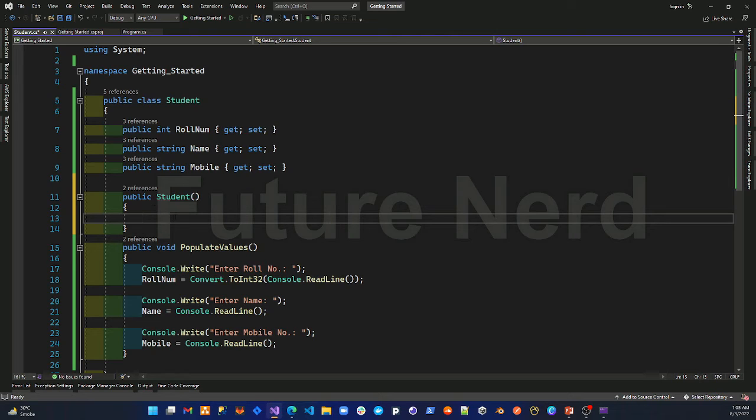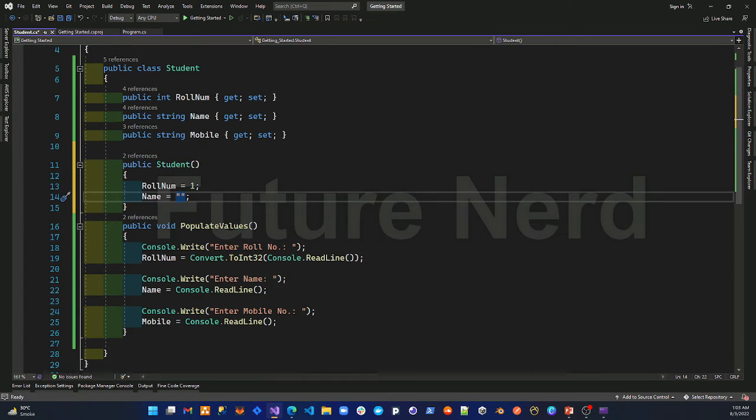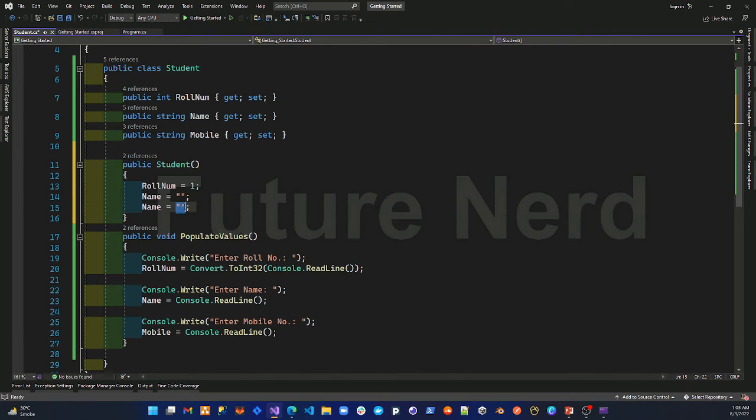So let's say I want to specify the default value for the roll number, that would be 1. I can put it here, roll number equal to 0 or 1, something like that, and the default name of the user or student, that would be an empty string, and the mobile number would also be an empty string. So I can also set these values here as well, the default values for this property and this property and